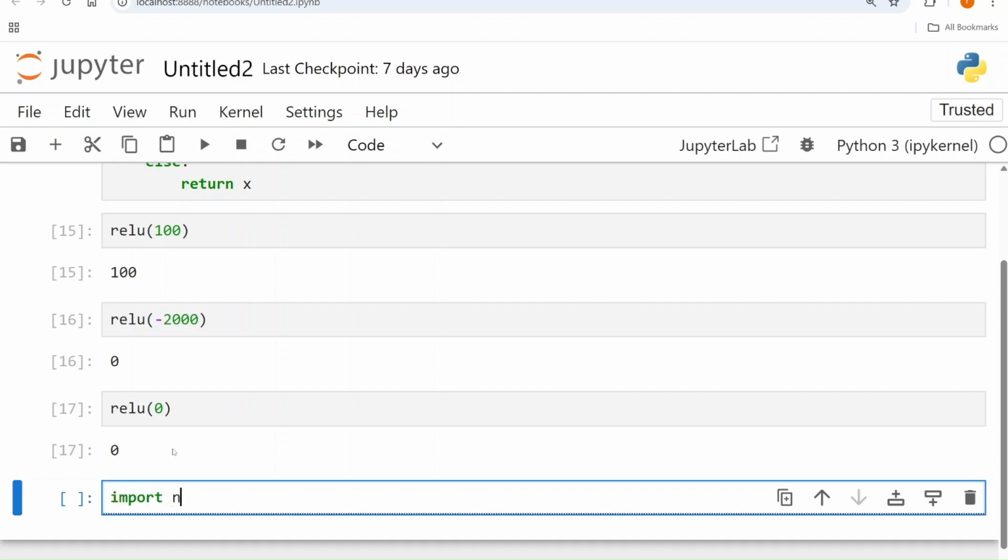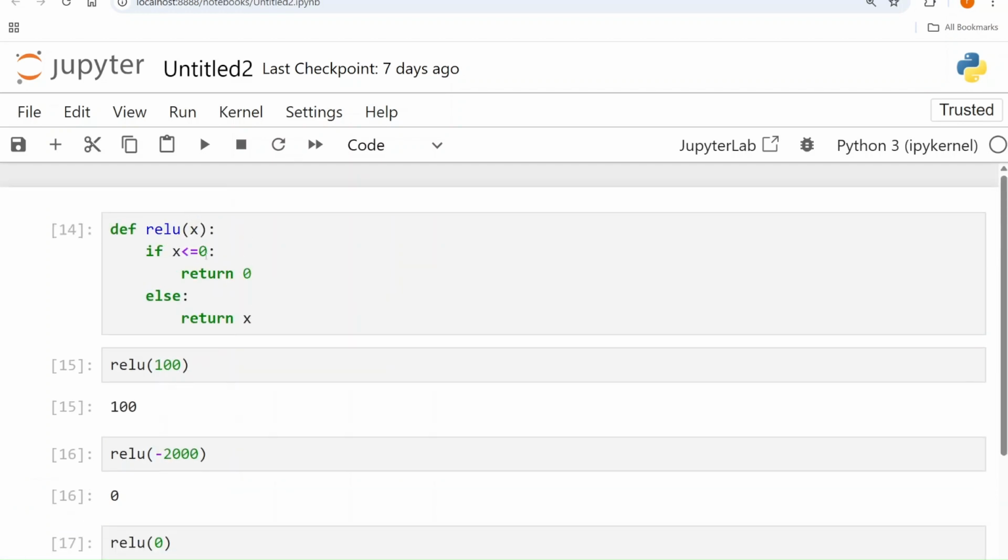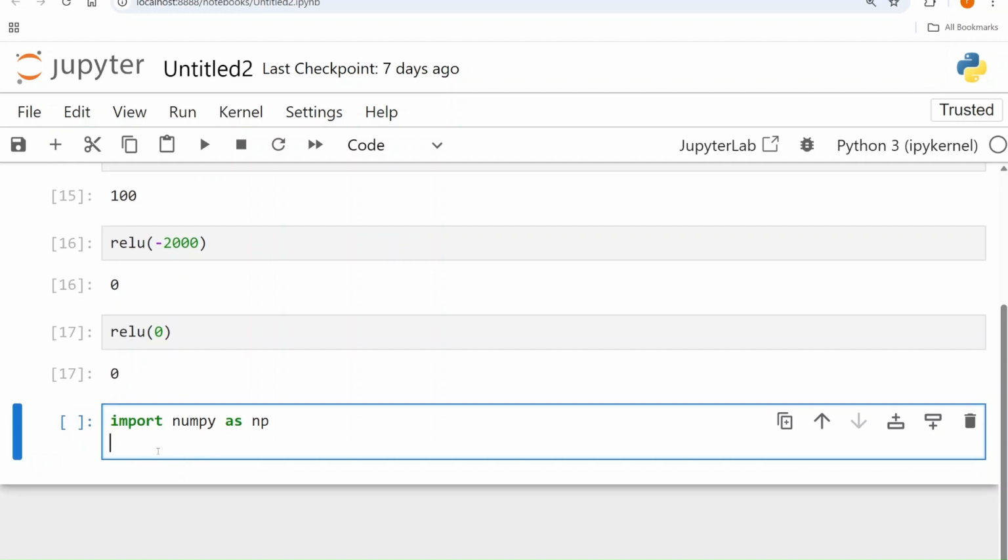So I'm going to import NumPy as np, and I'm going to vectorize this ReLU function that we created above. I'm calling this ReLU vectorized, and this would be equal to np.vectorize. We are going to pass the ReLU function over here that we created above.